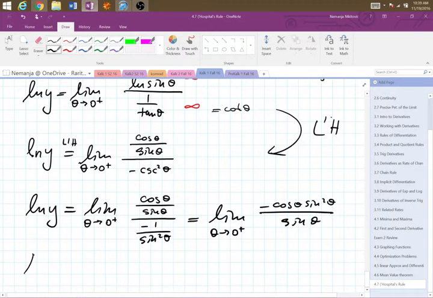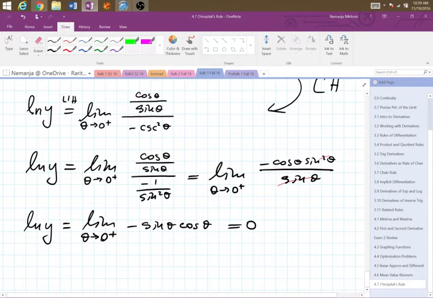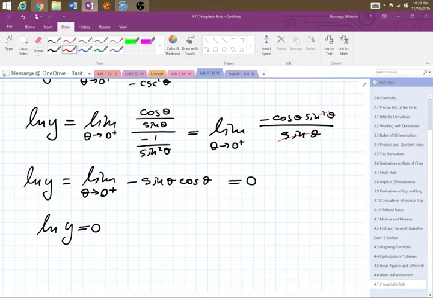So eventually I have ln y is equal to the limit as theta goes to 0 plus, and now one of these sines cancels, and we have negative sine theta cosine theta, which is equal to 0. So ln y is equal to 0, e both sides, from where y is equal to 1, and we got